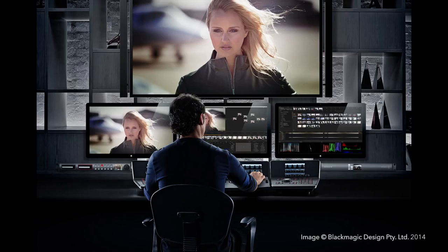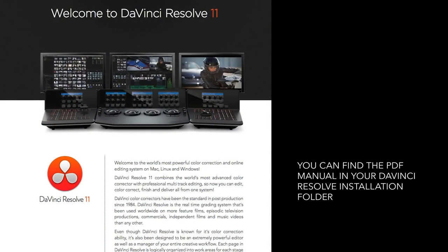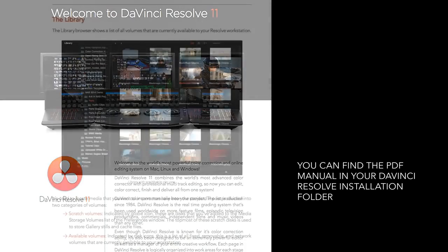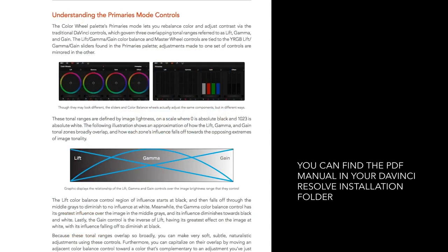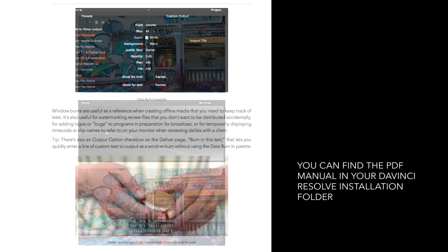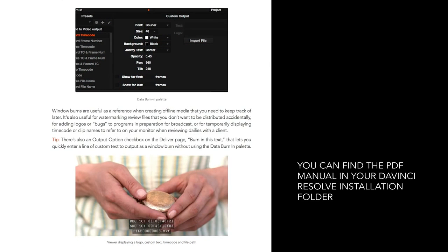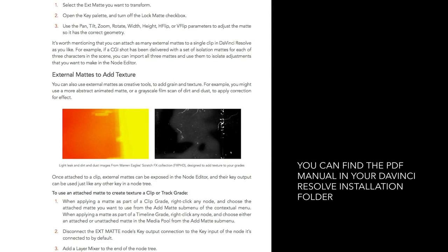In this tutorial, I will cover the basics of work with the DaVinci Resolve application, as well as the basics of grading in general. Also, the application comes with a thorough user's manual in a PDF format, which you can use in combination with this tutorial or as an additional tool that may help clarify the more complex areas that I have to leave out or simplify due to time constraints. The manual also lists changes and functions that were added or updated compared to the newer as well as older